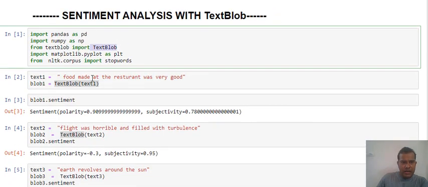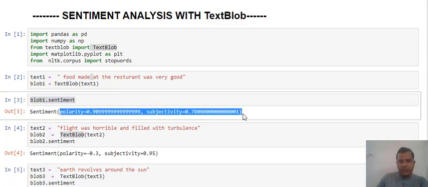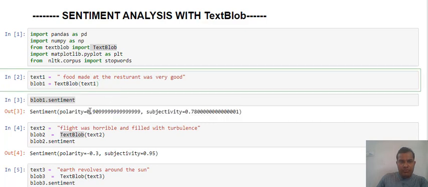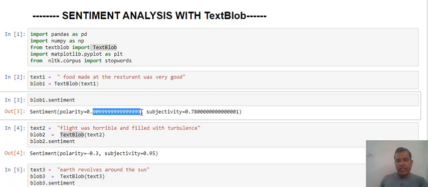And at line number 3, I'm saying sentiment. The output is polarity and subjectivity. Polarity is 0.9099 and subjectivity is 0.78. Since polarity is more than 0, or you can say polarity is a positive number, it means the sentiment is positive.